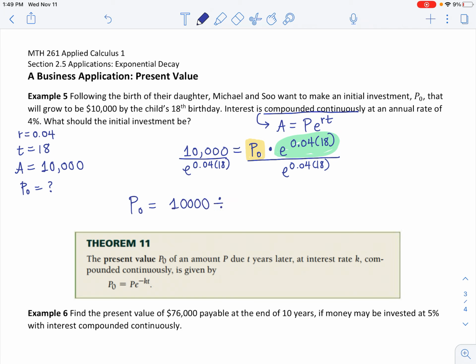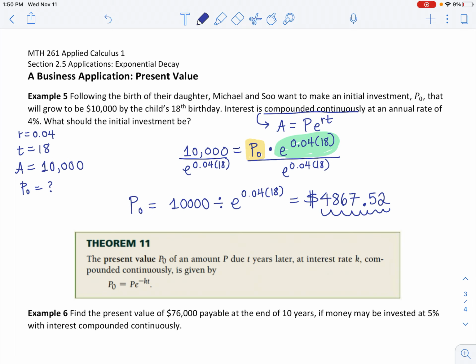This is how much I need to invest today: 10,000 divided by e to the 0.04 times 18. Let me grab my calculator because I want to know how much money I should invest today. Okay, 10,000 divided by e raised to the 0.04 times 18. Oh, wow, it's not that bad. If I only have $4,867.52 today, I can run to the bank, find a place that will offer me a 4% continuously compounded interest rate,